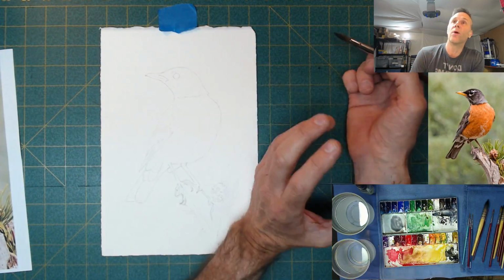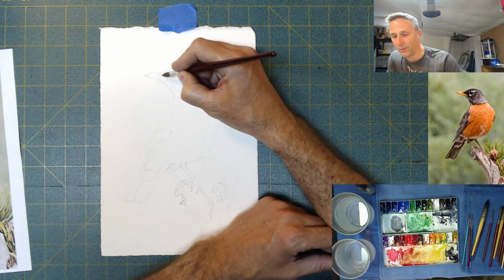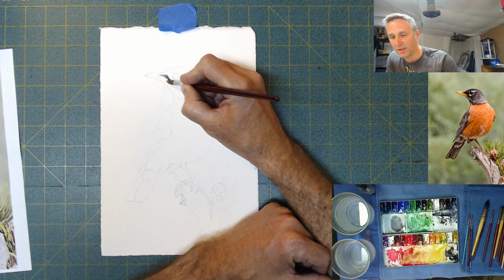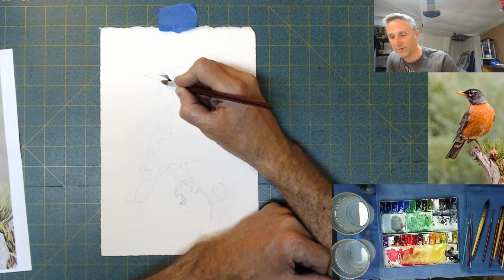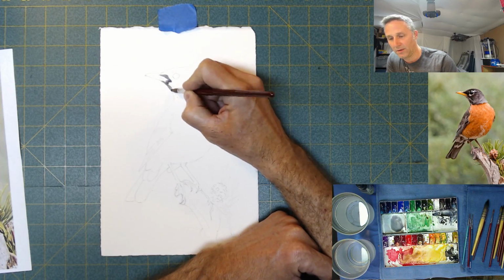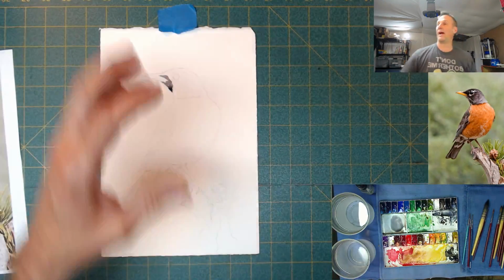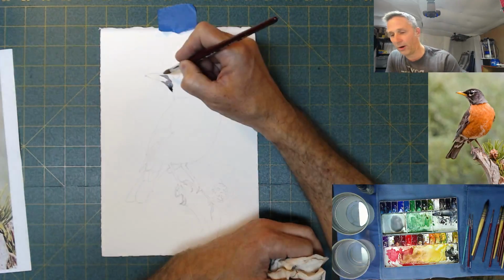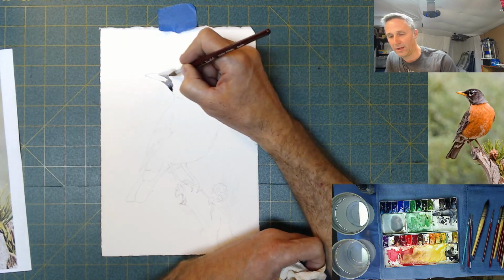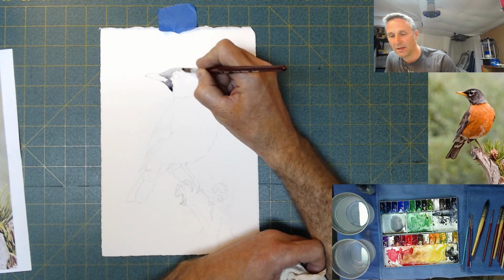Now, I did mention this is Arches paper. With Arches, there's not really a big need to pre-wet this paper, because it holds the moisture very well. There's a lot of sizing on it, and it will hold that water up for a little bit without making a hard edge or a tide line. So I can just go ahead and put this paint on the best way I see fit,